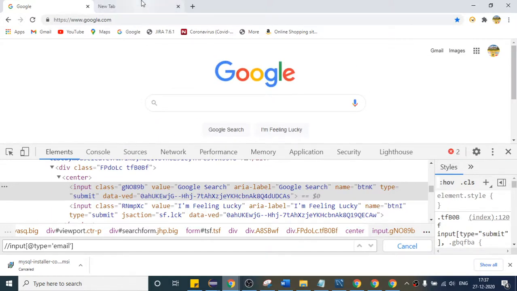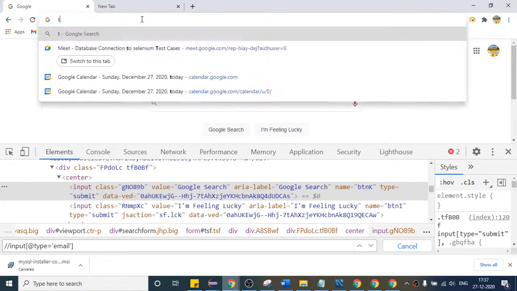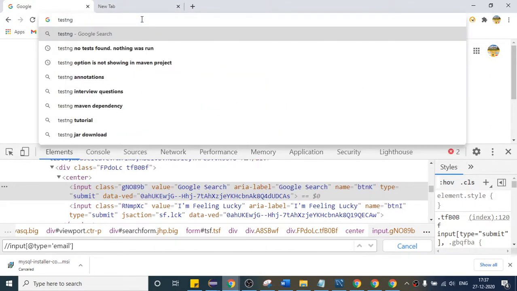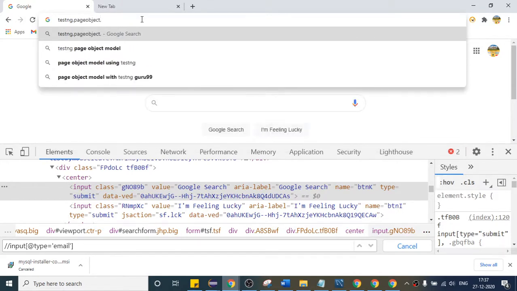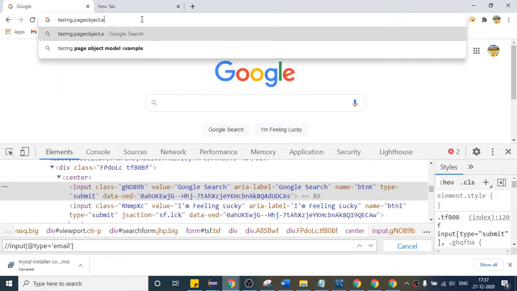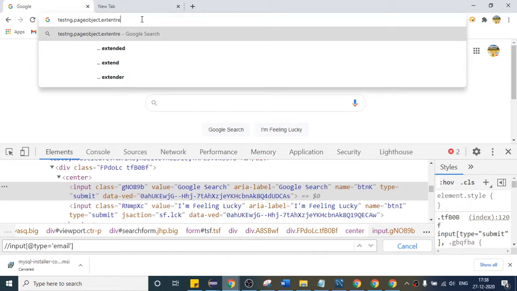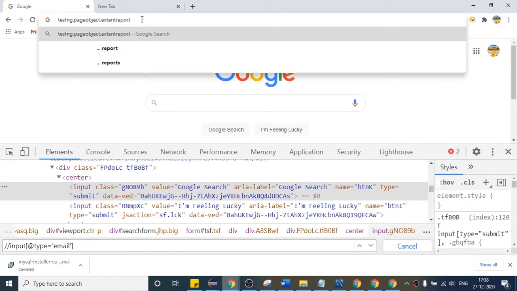Sir, what all topics are left? Like TestNG and Jenkins, I guess. TestNG and page object, and Excel, Extent Report. For reporting, we will use Extent Report in our framework, right?